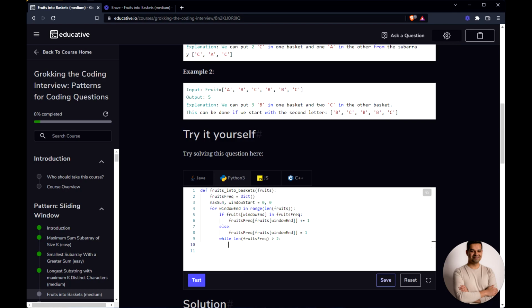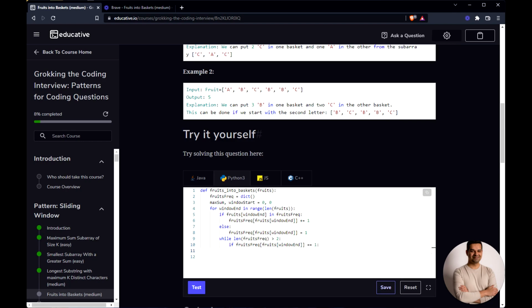So essentially at this point, what we want to do is, this should be window start, because we want to shrink the window essentially at this point. If this is already 1, then we go ahead and remove it